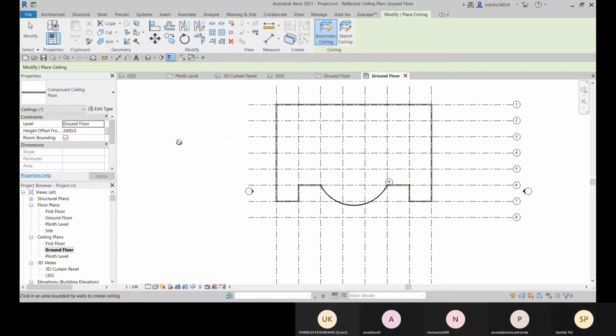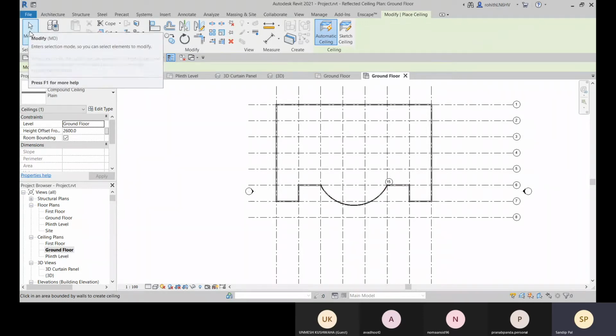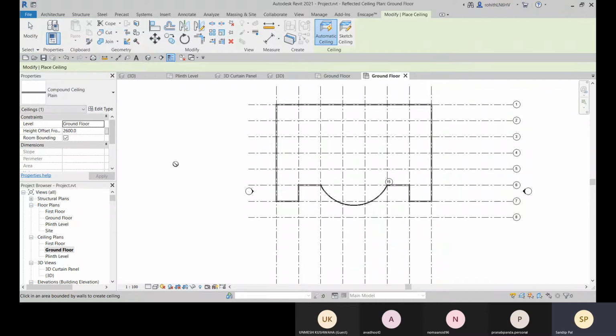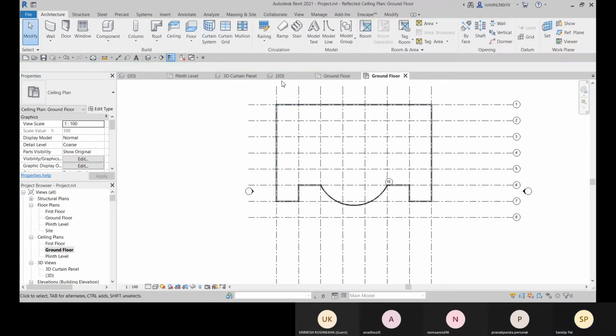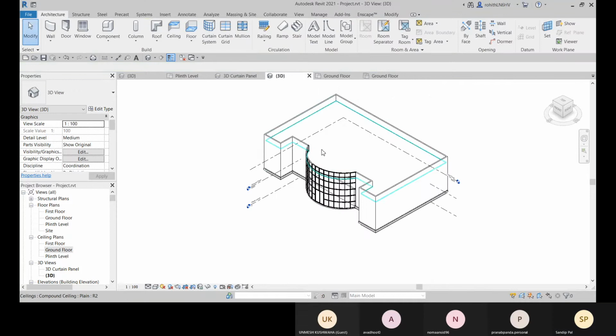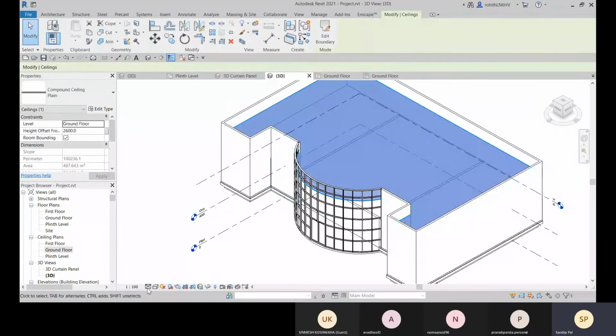And then press either MD or go to this modify option. The shortcut is MD, or you can press escape twice. And that is created. Here you can see this is the floor.